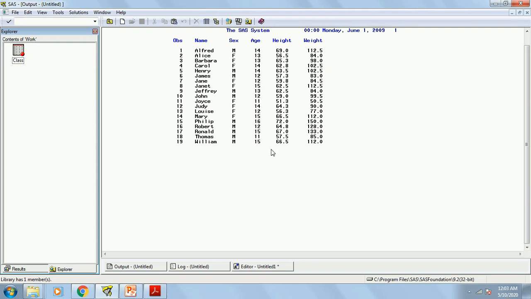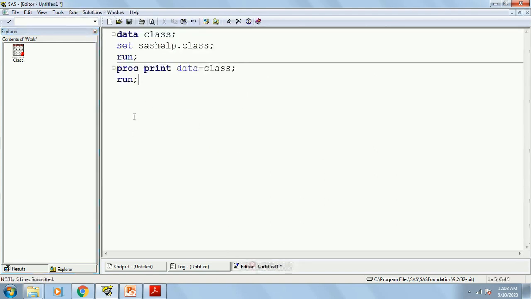Suppose what I want to do is, I do not want to have any rows where the age is more than 13. Okay, I just want to delete them. I just want to get rid of them. So how can I do that? First, I am changing the data physically because some of the rows are getting deleted. That's why I have to use a data step.